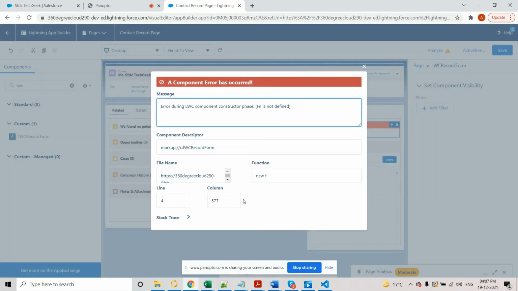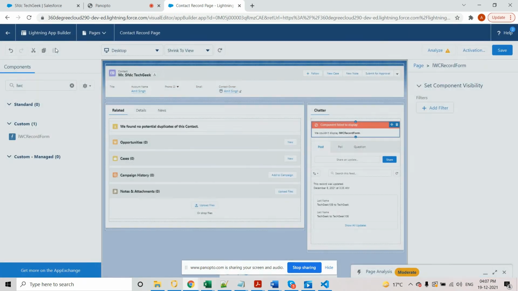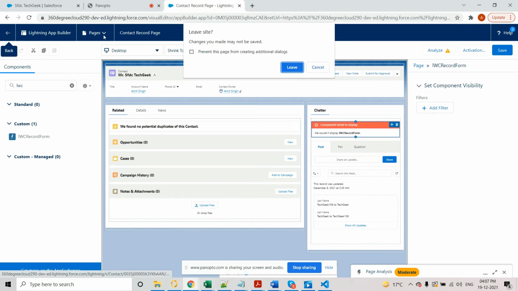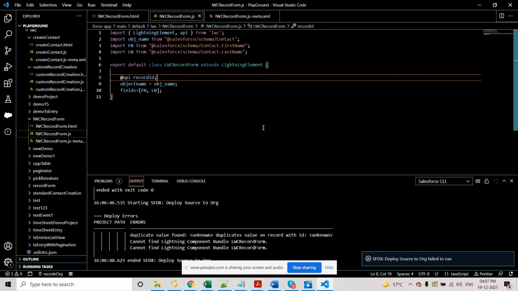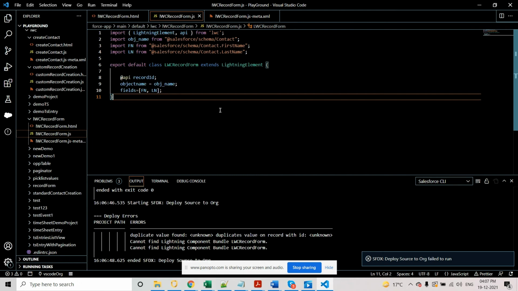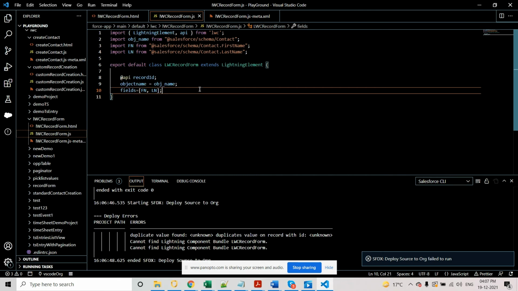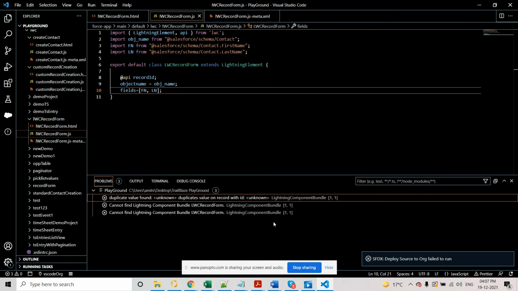Okay, still it is showing the same error. If the component is not displayed, duplicate value on record ID.